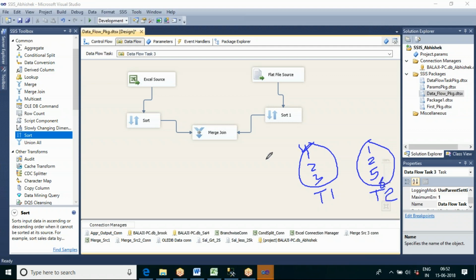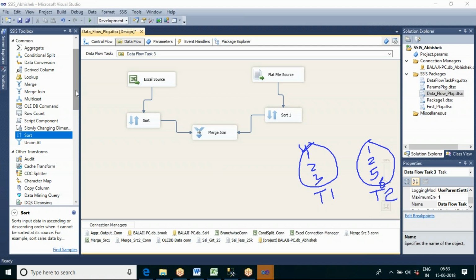So if I take the inner join, what it will do is, 1 is there and 2 is there. Here also 1 and 2 are there, but 3 is not there in the right table. Similarly 4 is not there in the right table. If I apply inner join, it will show only the matching records. Matching records means the common records present in both the tables. So 1 is a common record and 2 is a common record, because they are present in both the tables. So in the output I will get only 1 and 2 here.